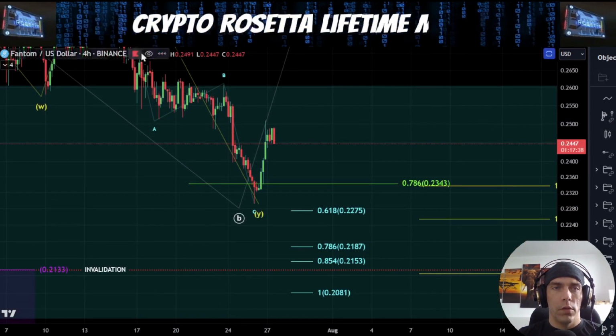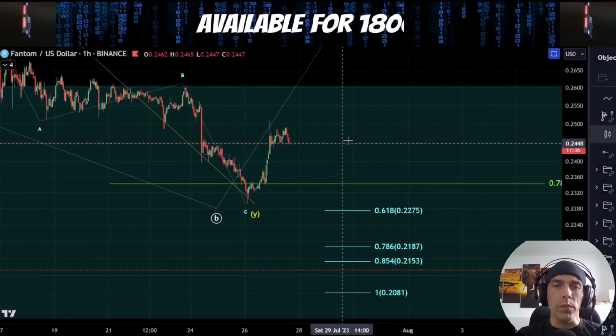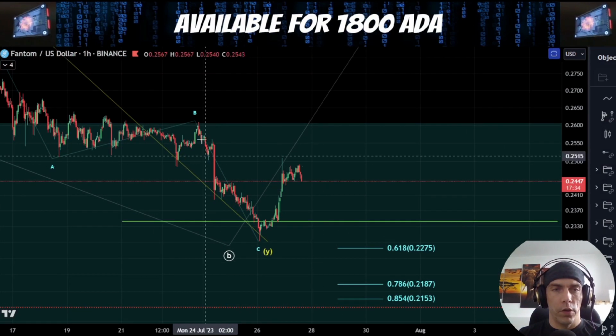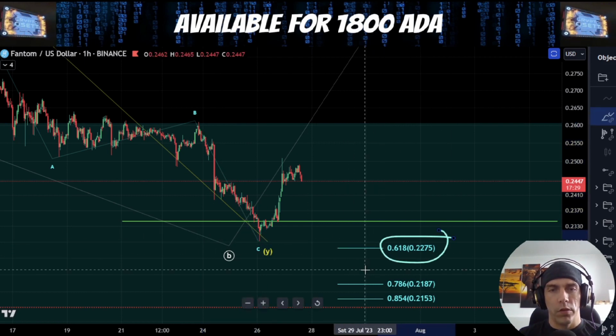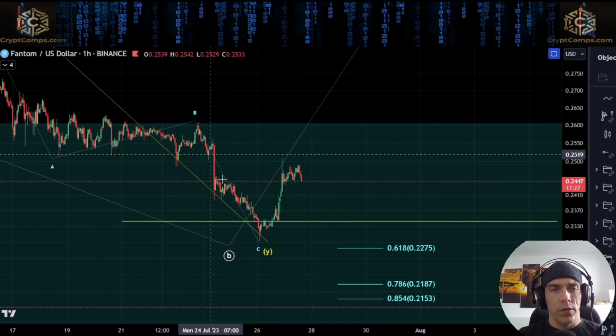Now focusing in on this lower level, if we come in here, we can see that what we have is just a single move down here. So we could say this is a C wave, but it missed out on this 0.618, which is making me think that there's still potential here for